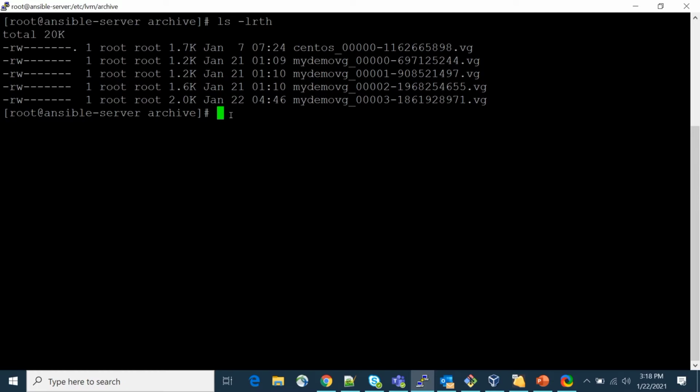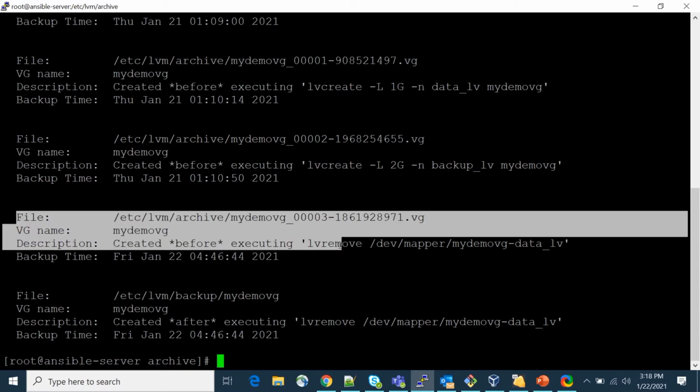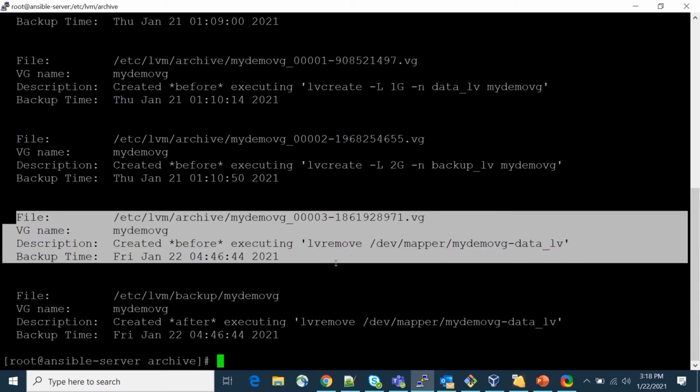Let's do it. Great. You can see here the file path, VG name, description and the backup time. These four pieces of information are provided for each file.